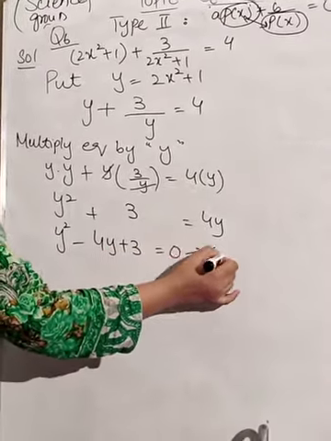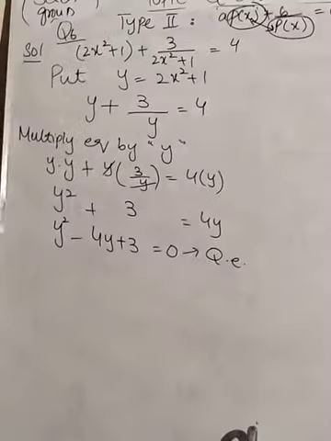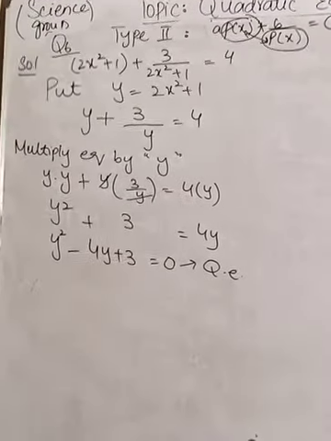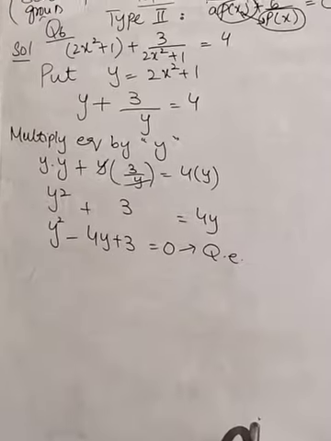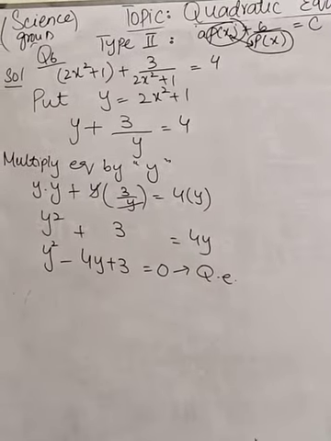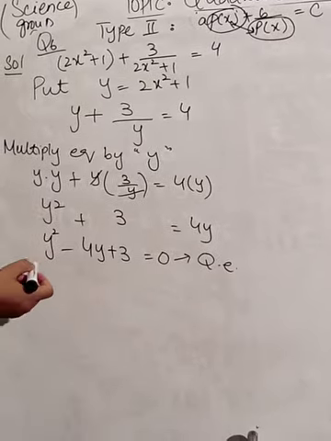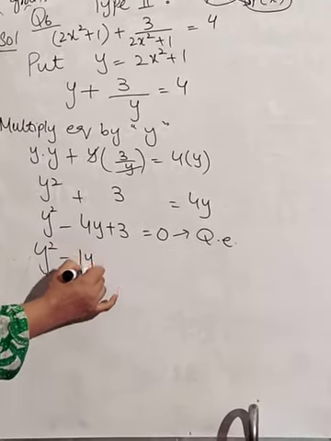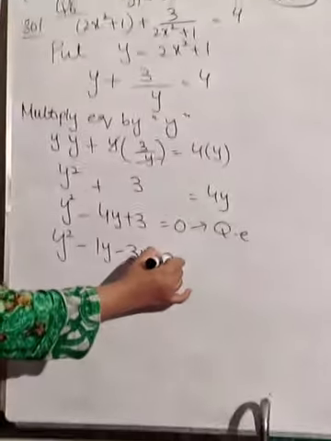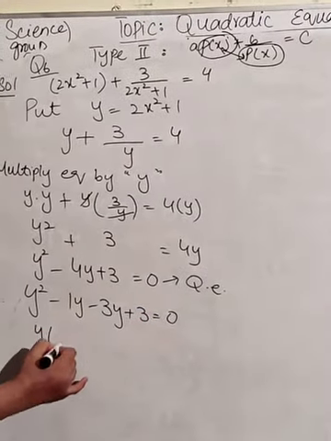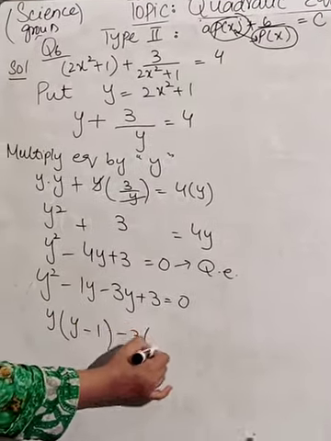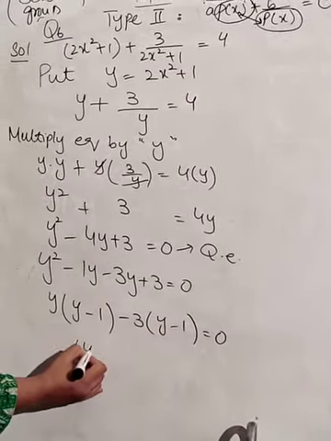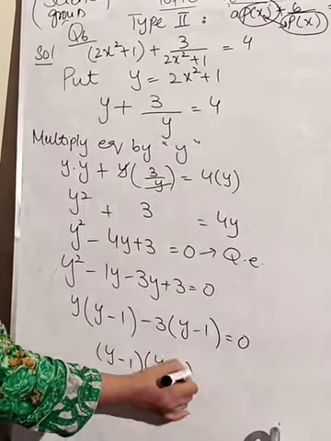Now this is a quadratic equation in terms of y. Fine. So how can I solve it? If you find it easy with the help of the formula, you can solve it. If you want to factorize, you may factorize it, right? I always find factorization the easier one for you. So we have factors of 3, 3 ones are 3. So y square minus 1y minus 3y plus 3 is equal to 0. Take y common, that is left as y minus 1. Take 3 common, you are left with y minus 1, that is equal to 0. So the factors are y minus 1 and y minus 3 is equal to 0.